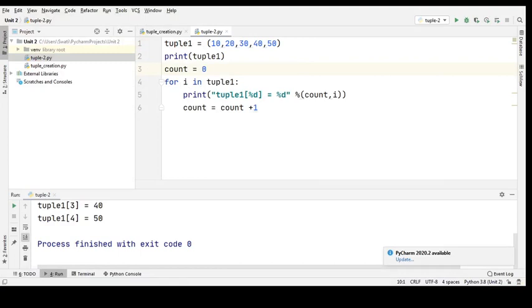So what do we mean by tuple indexing and slicing? Indexing and slicing in a tuple are similar to a list. The indexing in a tuple starts from 0 and goes up to the tuple length minus 1. The items in the tuple can be accessed by using the index operator. Python also allows us to use the colon operator to access multiple items in a tuple. So just to give an example, we'll create a tuple.